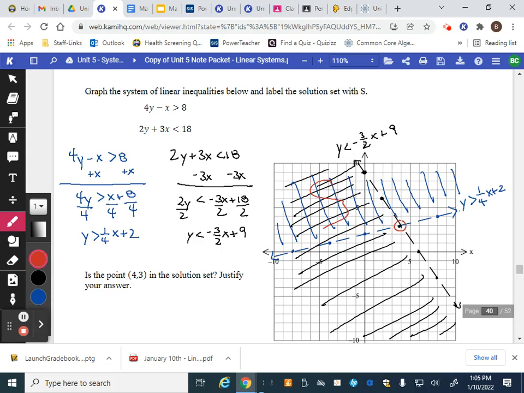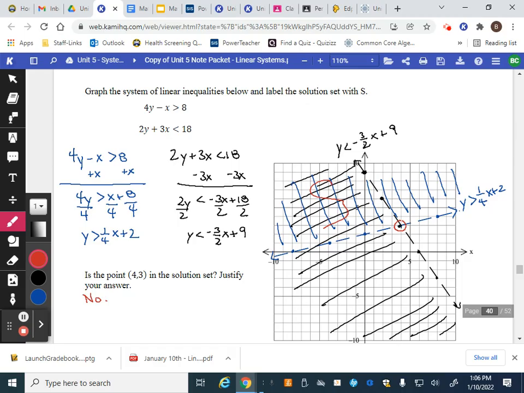That's a tricky point because it's at the point of intersection of two dashed lines. When we have dashed lines, what that really is telling us is that the points on the line are not solutions, because those points are equal to where we have greater than or less than as our answers. So no,